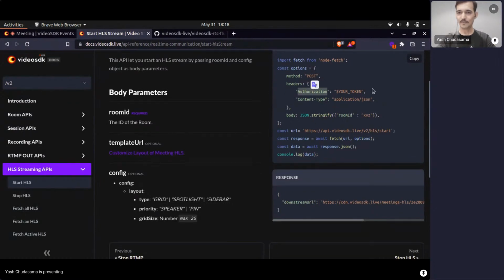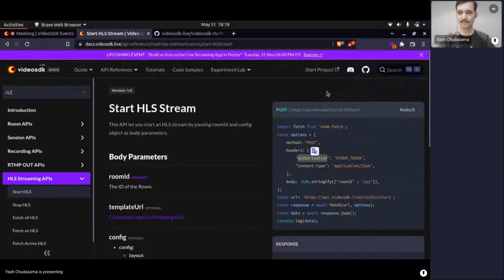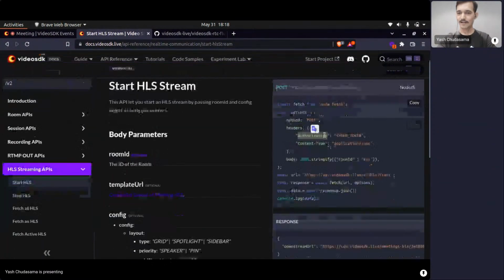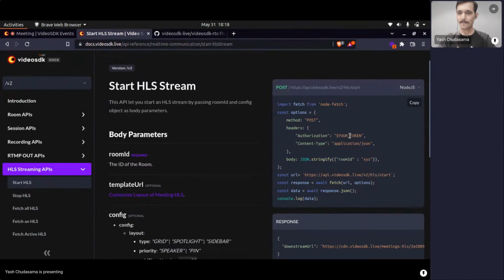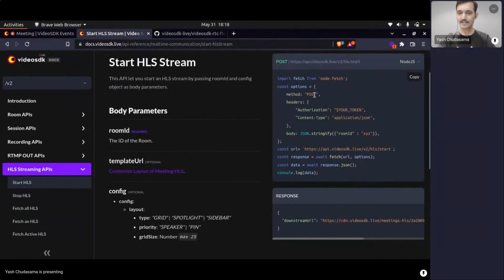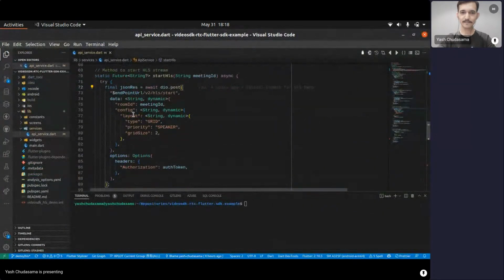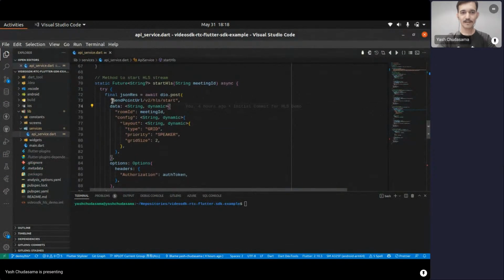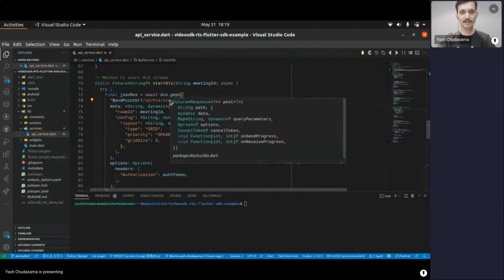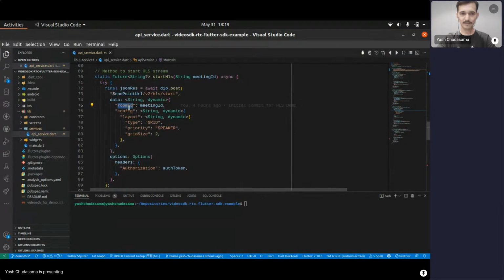Authorization, as we did earlier, will contain your token, and this request contains a body, and in this body you have to pass the room ID. Room ID means your meeting ID. Here you can see what we have done. We have set a request path, specified the HTTP method post, and passed a room ID in the body,